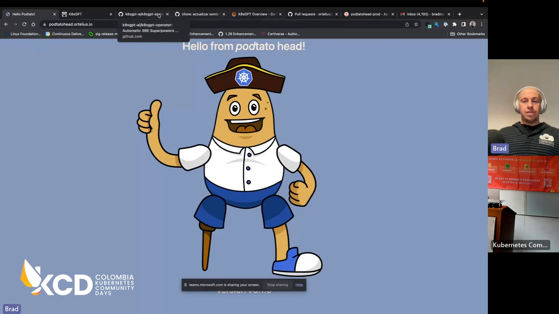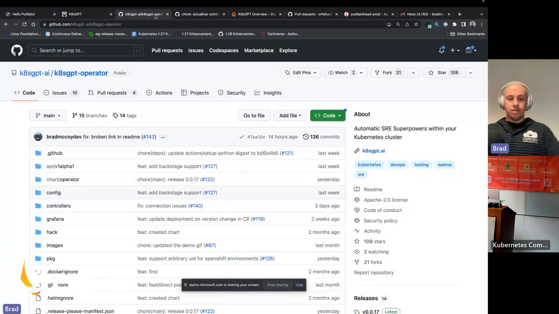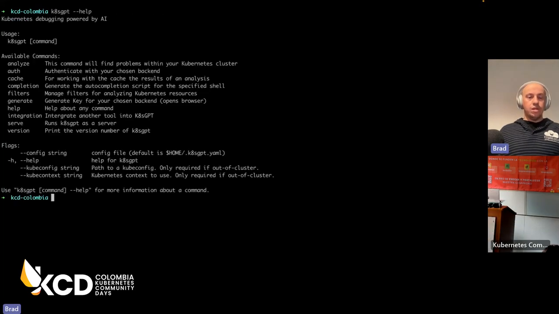And this here. So actually, we'll go through the CLI first, and then we can do the operator afterwards. So you can see here, if we go K8sGPT help, this will give you all of your commands that you can use as well. So it's very, very simple to install. And then you can just auth, and that will easily connect you to your cluster. And then if we go K8sGPT,